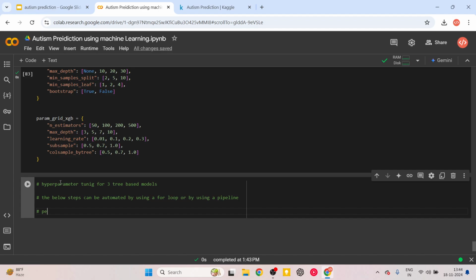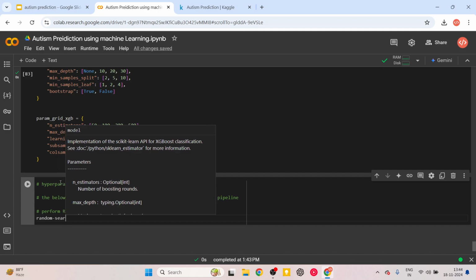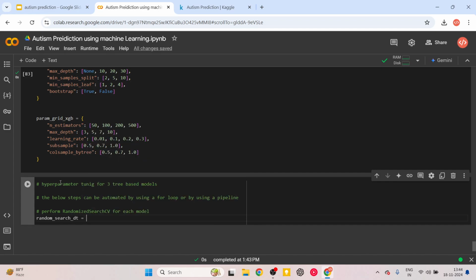Okay, so perform randomized search. Randomized search CV means cross validation. So yeah, CV for each model. Each model we would perform this. So I'll call this random underscore search. First one is for decision tree, right? So let's call this random search DT is equal to